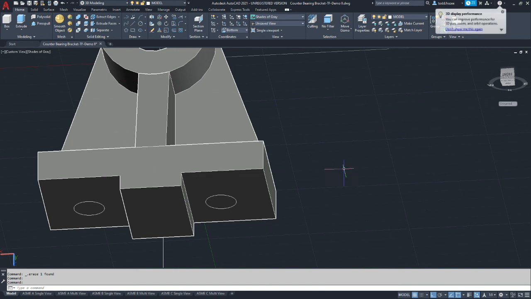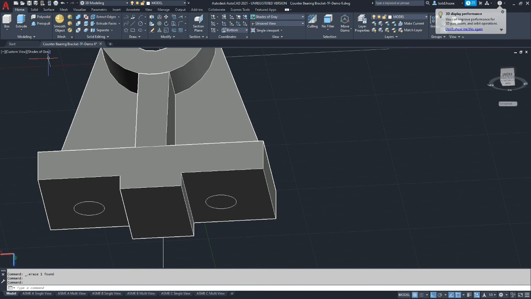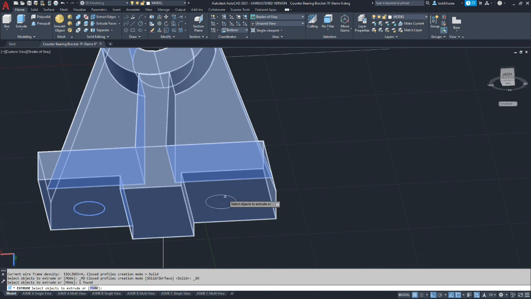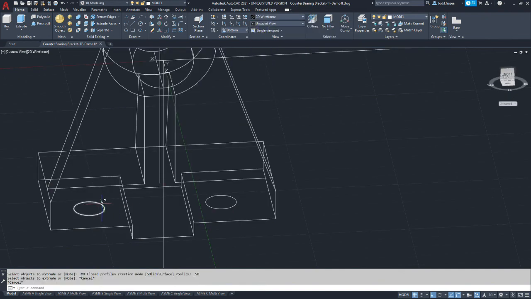Then we're going to make these two extruded cylinders that will cut through the other body. We're going to use the extrude command, and we can include them both. I would go back to the wireframe mode so that we're more intentional on what we're selecting.